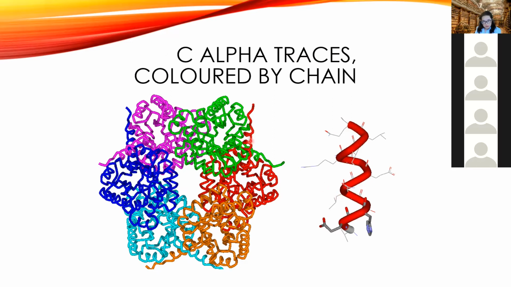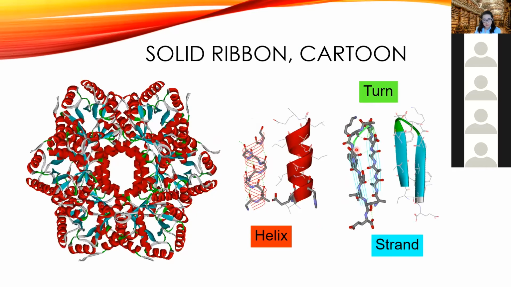And so this is the unit like this, and you omit all the side chains. This is the C alpha trace style. And if you use the solid ribbon, you can see the helix like this and omit all the side chains, and the strand. So the strand, if the main chain goes up to the top and going down, this is the beta pleated